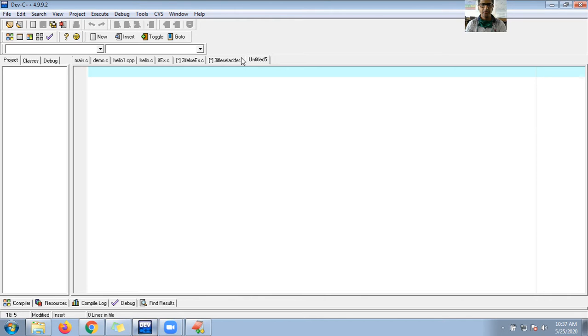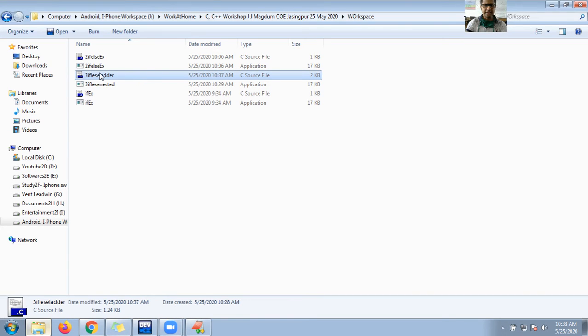Save and close. Actually it's a ladder, and the third one is a nested if else. I gave the wrong name, guys. So this is nested, and let me delete this if else ladder.